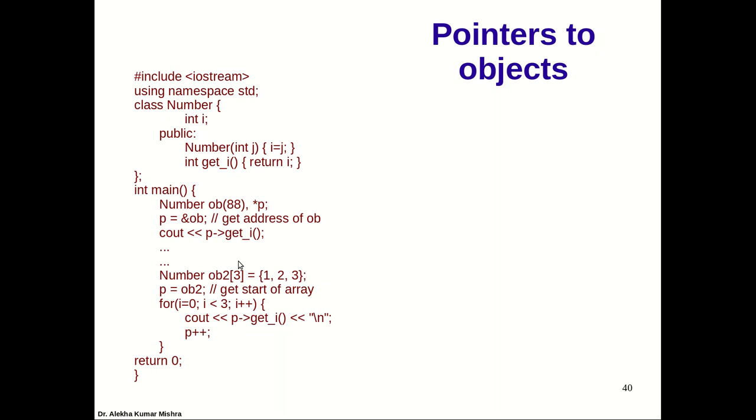Okay, and not only this, because we already know about the new and delete operators, we can dynamically allocate memory to a pointer of a particular class, a pointer of the type of a particular class. So it does not necessarily have to point to an existing object only. That also we can do, and we can use pointer operations to refer to a member of an object via the pointer operator, that is this arrow mark, and access all the data members and member functions.